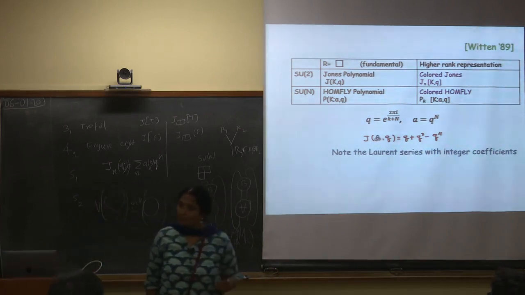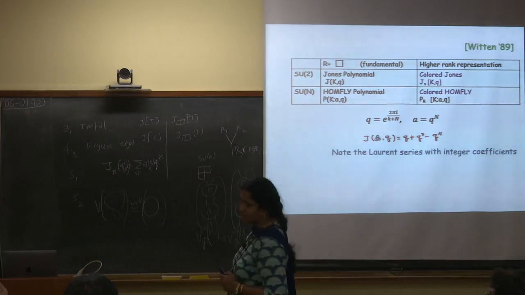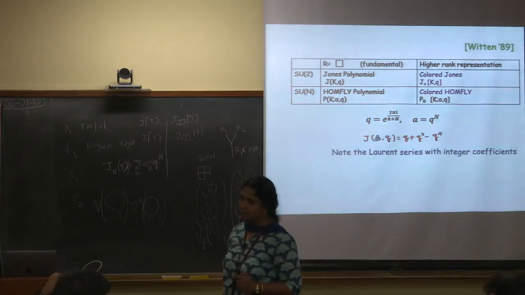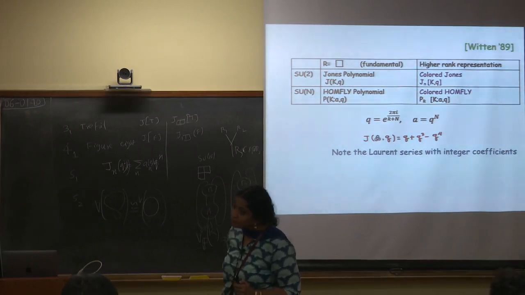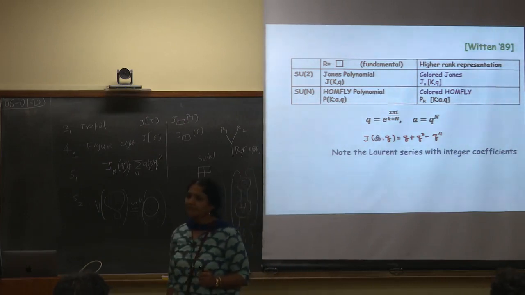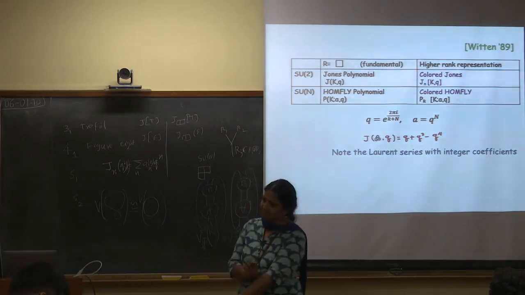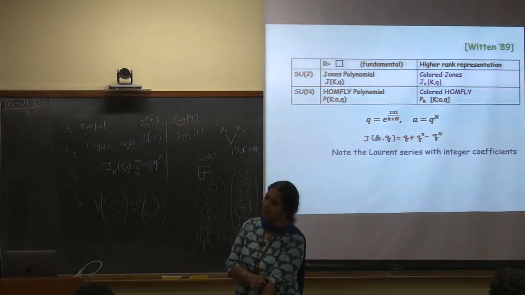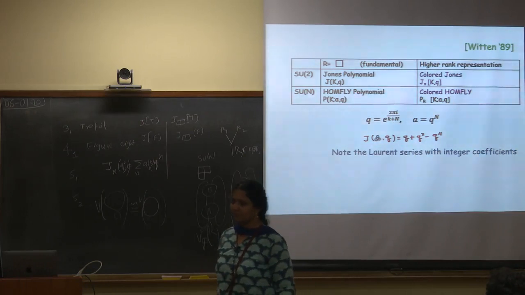Powers of q? Integers. It can be plus or minus also. Is it even for other groups like SO(N) or Sp(N)? Is it only for SU(N)? I have not checked for arbitrary cases, but for some similar representations, you know that they are matchable. The symplectic and SO(N), there you can check. SO(N), of course, we have checked for some simple representations. This is true in most of the cases.